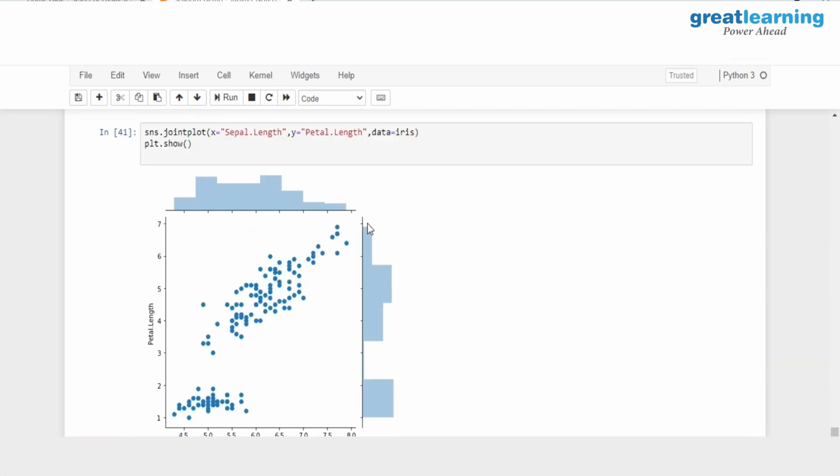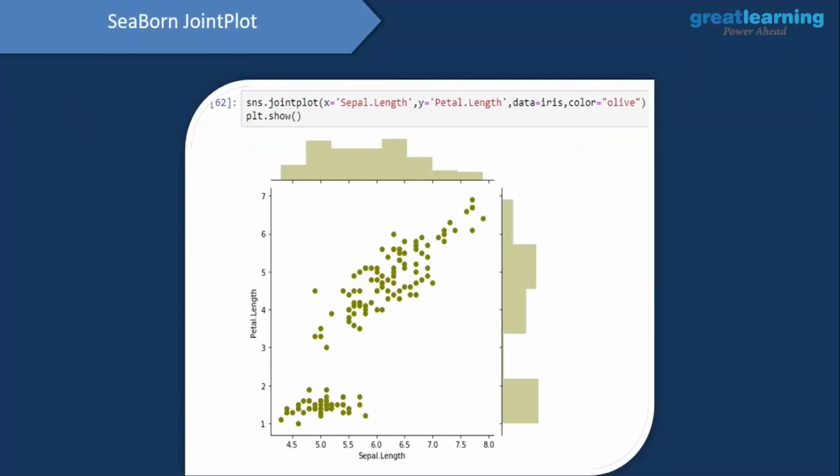And you would see that I have successfully created this joint plot where I have the scatter plot in the center, and I have the corresponding histogram for sepal length on the top, and the corresponding histogram for petal length on the right side. And over here, if I want to change the color, that is also something which can be done, and we've already seen this throughout. So all I have to do is use this color attribute, and I have to give in a color for this.